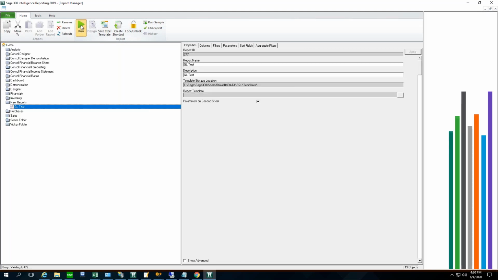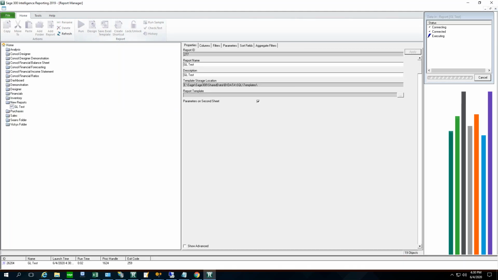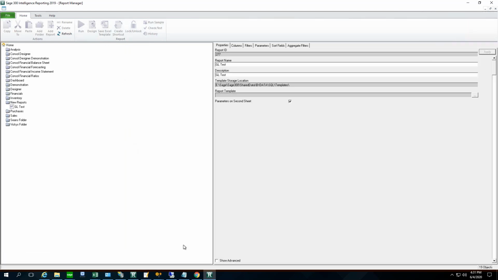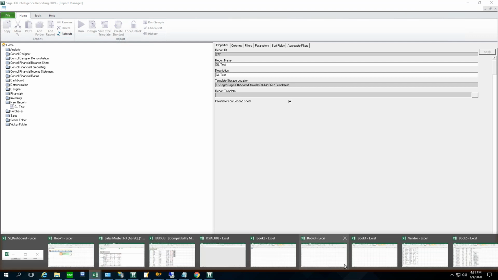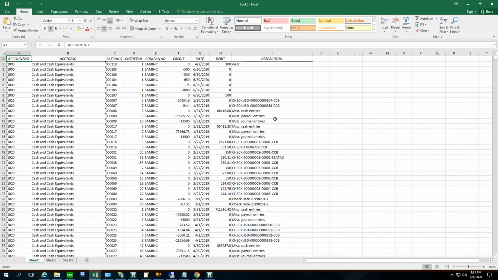So if I hit run, in this case, it's not a big deal because it's a small company. It will export this out into a nice looking Excel sheet. This one, and as you can see, I have the account number, the description, what batch number, the detail number, coming from company, a credit, debit, the date, and the description. So now I can save that and do whatever I want to. So that's the classic